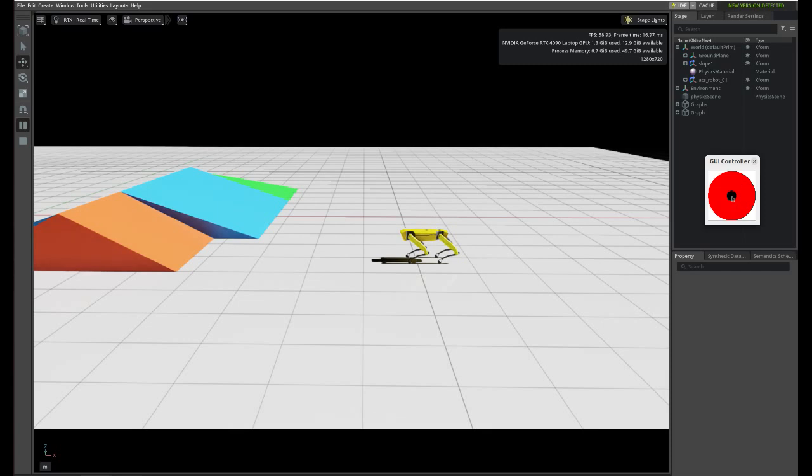So there is one more thing which must be explained about this controller. This controller assumes that black circle is always inside red circle. So when you want to run robot fast and accidentally touch the edge of the red circle, robot stops. This is because when black circle touches edge of the red circle,